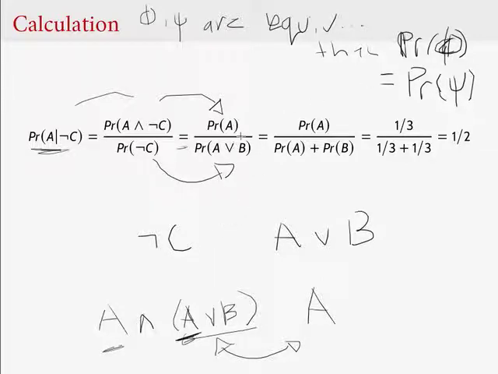So now that we know that this formula here gives us the conditional probability of A on not C,